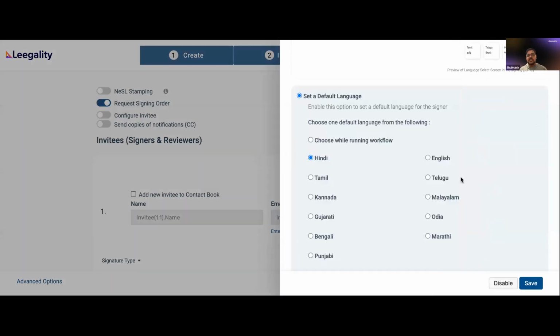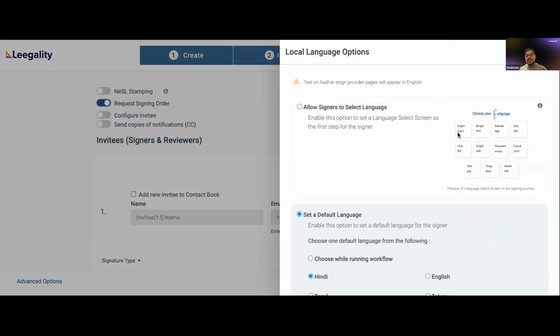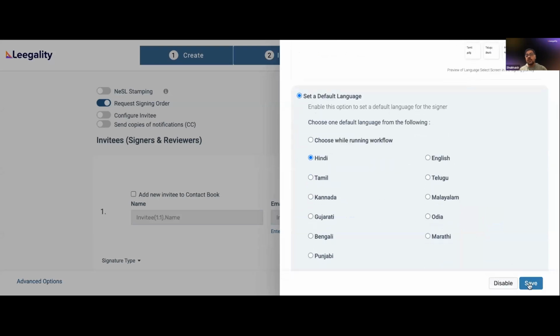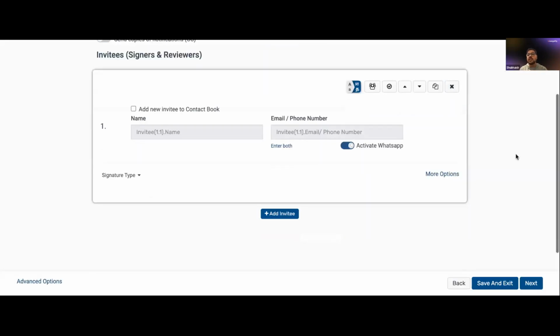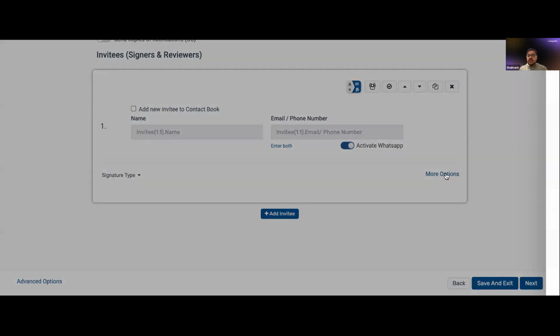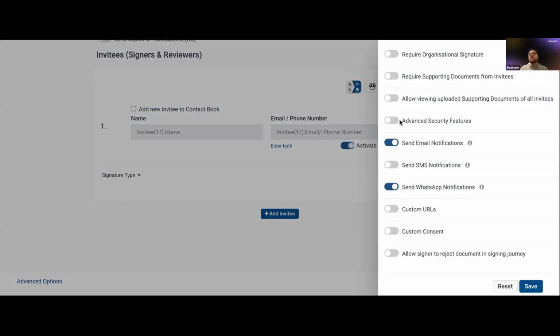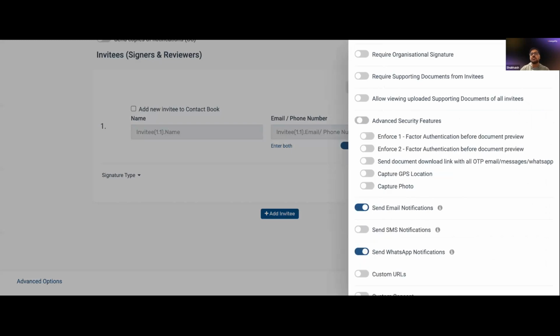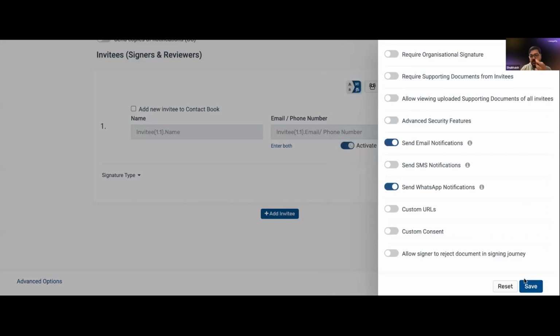Just to remind you, I changed this from selecting language to a fixed language, and it will automatically reflect in the actual live flow. And let's say if you want to add any security feature to this, let's say you want to capture the face or the GPS coordinates of the person who's signing this KFS. We also allow you those. You can capture their location, you can capture their photo. If you have a KYC photo available and you want to match it with it, you can. If you want to test their liveness, whether it's actually present or not, you can.